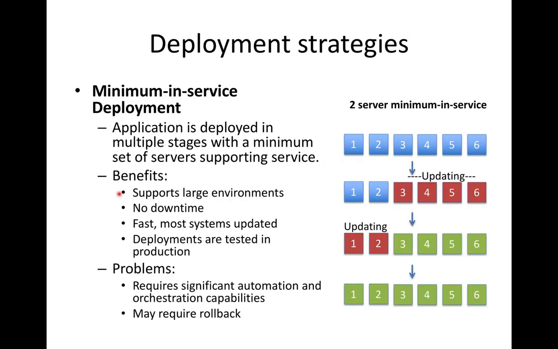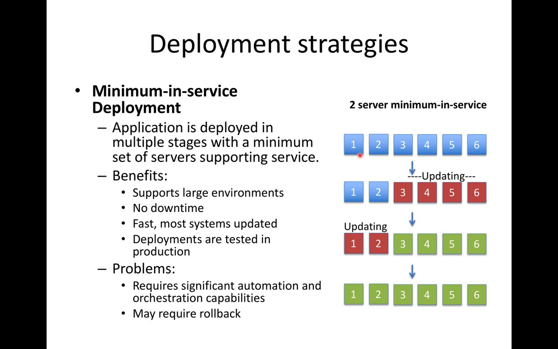The second deployment strategy that you can utilize is what we call a minimum in service deployment strategy. And with a minimum in service deployment strategy, what you're essentially doing is you're specifying that instead of deploying your software across all of your servers in your fleet of servers, you're going to keep a minimum number of servers up and running and supporting your existing customers. And then you're going to have a second set of servers which are being updated. So if you look at the example on the right,